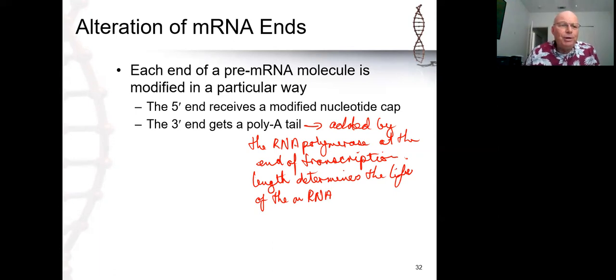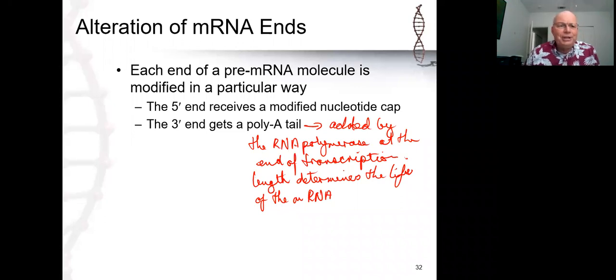The actual length of the poly A tail is determined by a sequence of nucleotides in a region of the gene and the messenger RNA itself, because it's actually retained in the messenger RNA, called the 3' UTR, and UTR